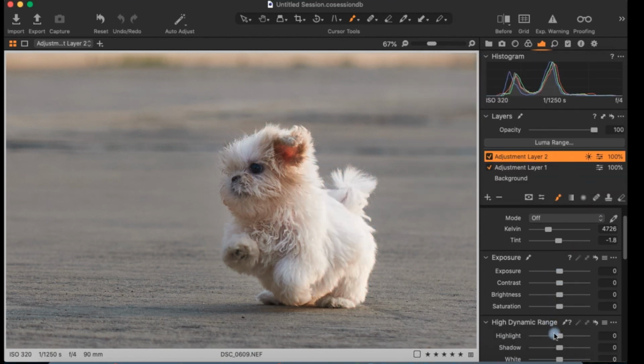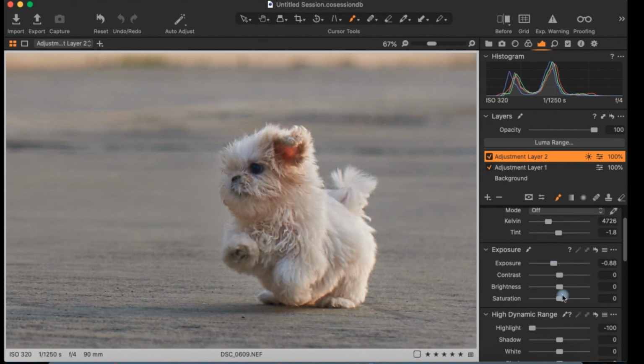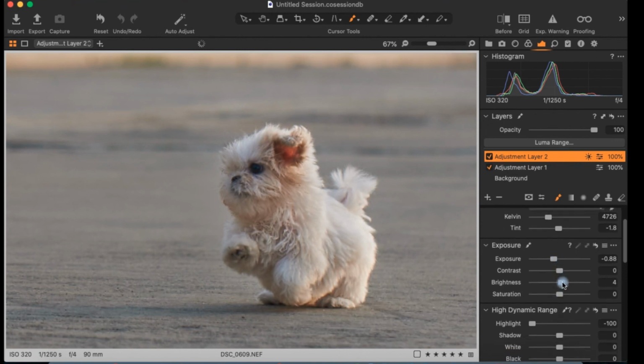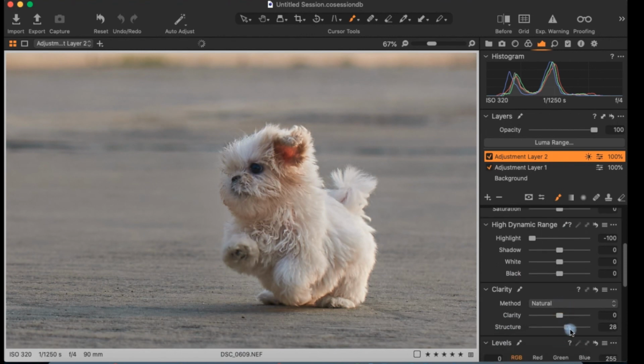Now I can reduce the highlights in this area. I can decrease the exposure a tiny little bit, increase brightness a little bit, and give a little bit of structure, so it will bring out the details in the fur, and a little bit of clarity. Now as you can see the difference, before and after. Here there are no details because it's a little blown out and all the fur details are lost. But with this mask and the little bit of adjustment we have applied, it has recovered all the details which were missing.